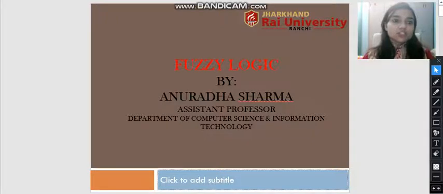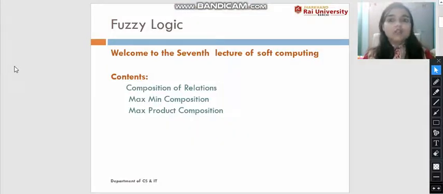In the seventh lecture of soft computing, we will learn about the composition of relation, and there are two forms to find out the composition of relation. They are max-min composition and max-product composition. In the previous lecture, I discussed the crisp relation and the properties of a crisp relation. We get to know that the